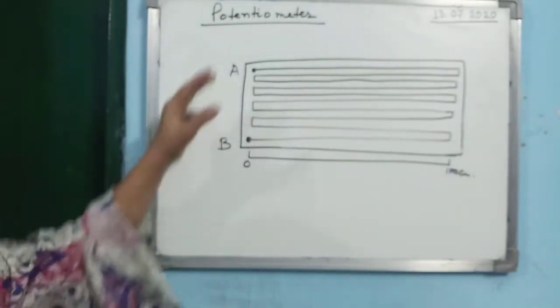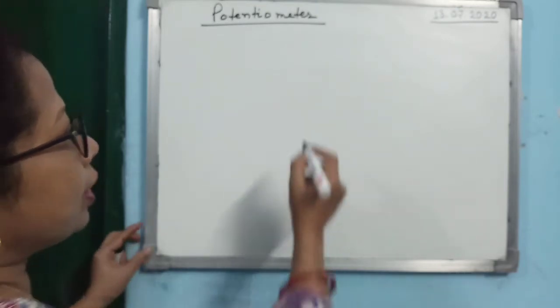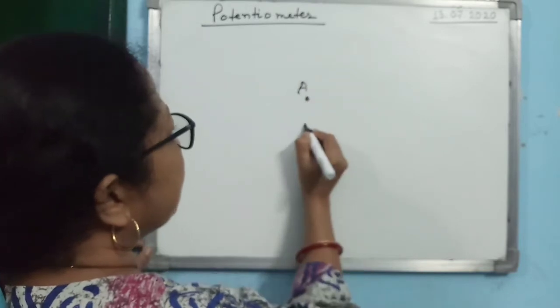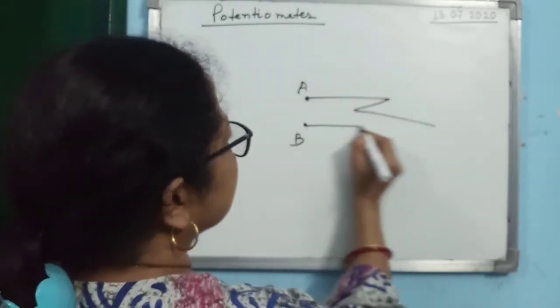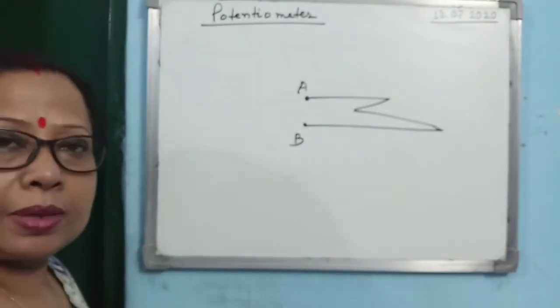So actually what is a potentiometer? It is nothing but a 10 meter long string, as shown in the diagram. Now you see, practically it is very difficult to draw this potentiometer this way, because 10 strings you have to draw. So that's why generally we draw the potentiometer like this. Means in between these 2 points there is a 10 meter long string.